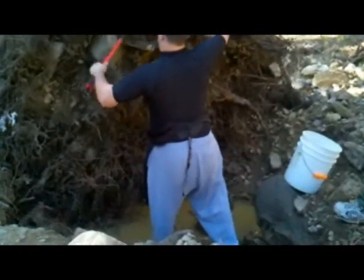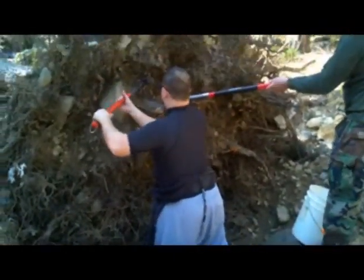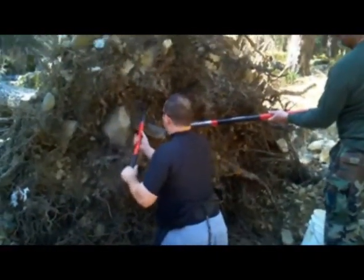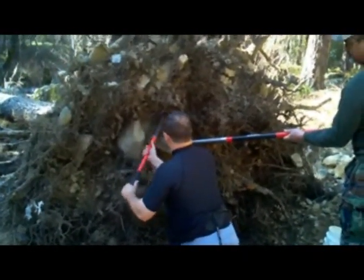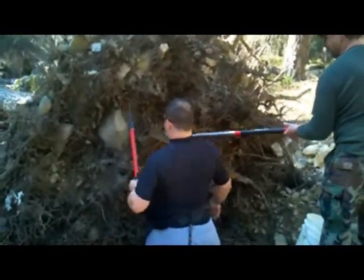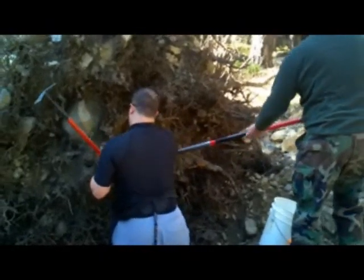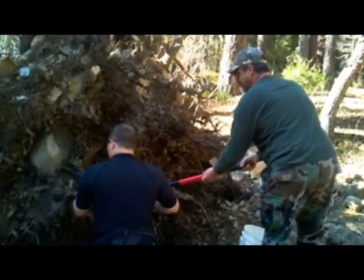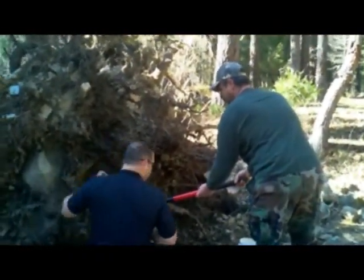Right down here under the root ball, of course, is the water table. And basically we're doing a little quick test here. We're pulling some material out of the root ball, and we're going to take it up and run it when we get set up the river a little ways, and we will see what kind of gold comes out of the root ball here. So we'll come back a little later and see if we find some mellow yellow gold